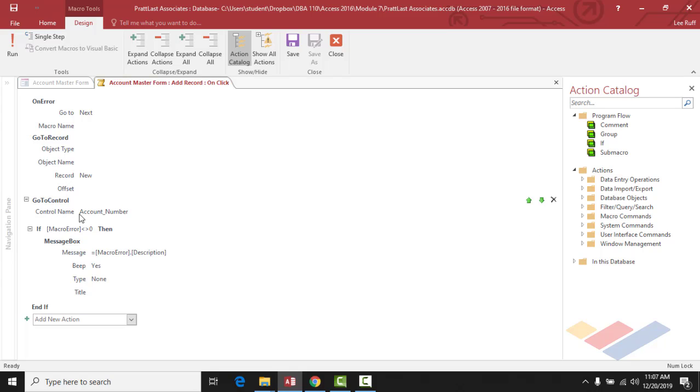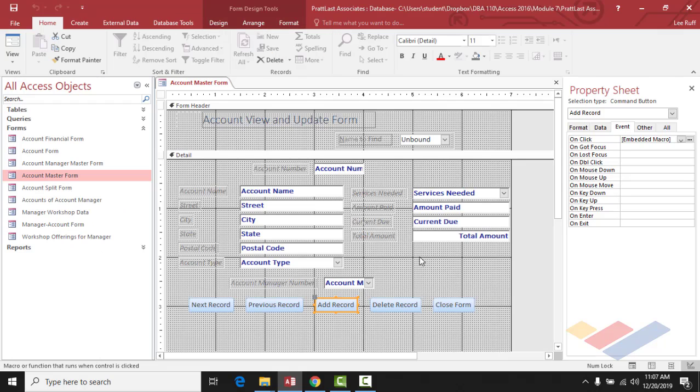So for the go to, you want to tell it to go to the account number. You want the cursor, that tells it where you want the cursor to go so you can start entering the new record or the new account. Okay, so that means here